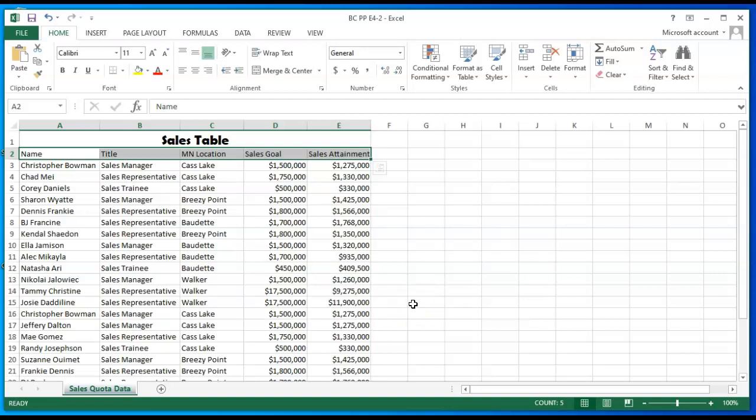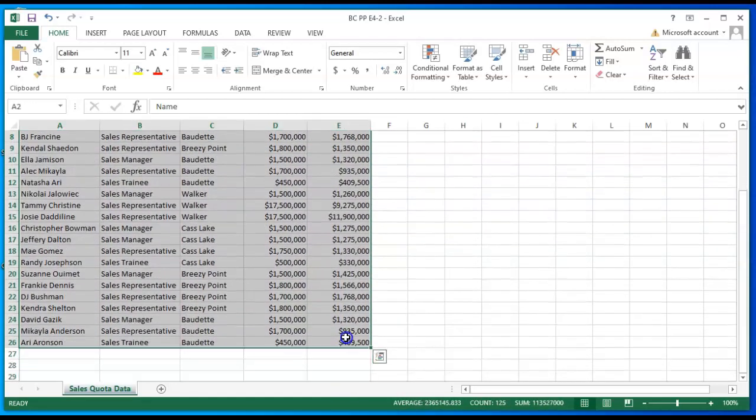Okay, so now we're back, and we're going to go on to step 6, which is on page 203, format the data as an Excel table. So we're going to select cells A2 to E26. Here we are. Click the Format as Table button, which is in the Home tab, Styles group, Styles, Format as Table,